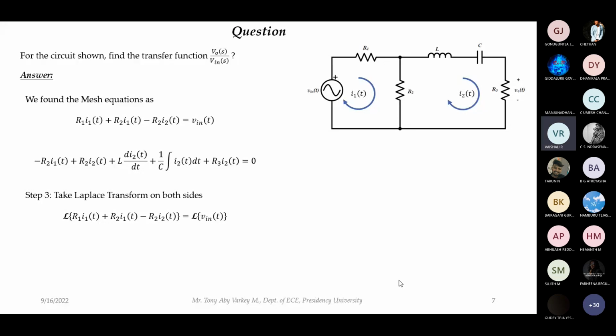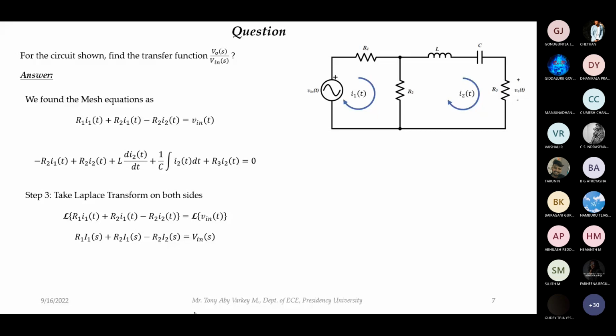So R1 into I1 of S plus R2 into I1 of S minus R2 into I2 of S is equal to V in of S. Correct. So it will become R1 into I1 of S plus R2 into I1 of S minus R2 into I2 of S equal to V in of S,